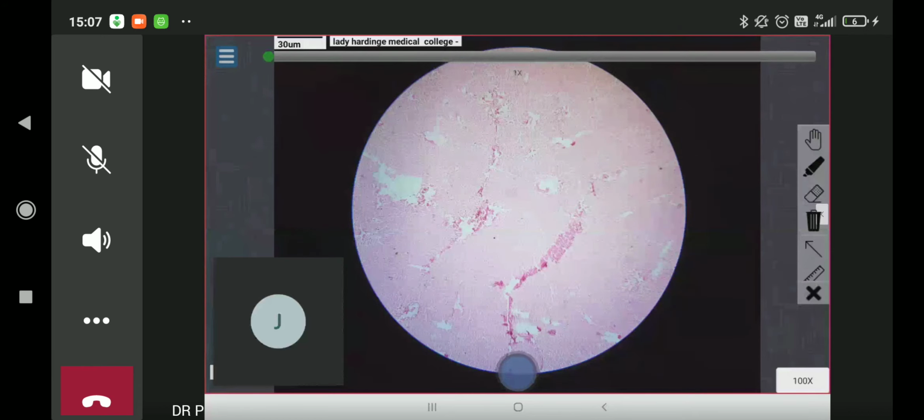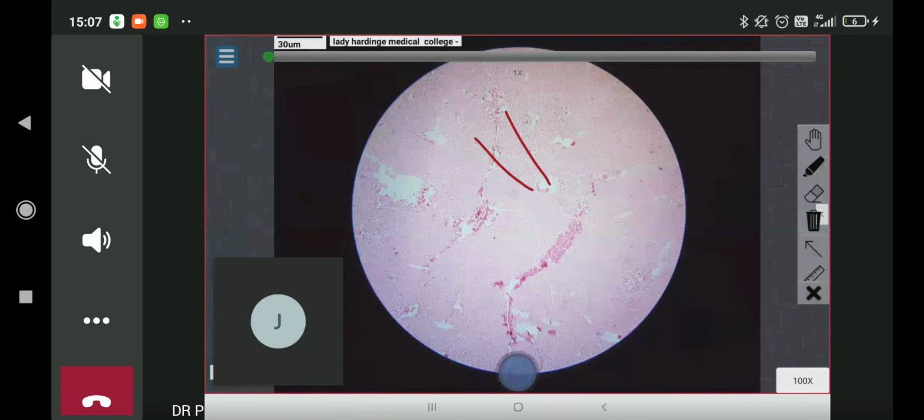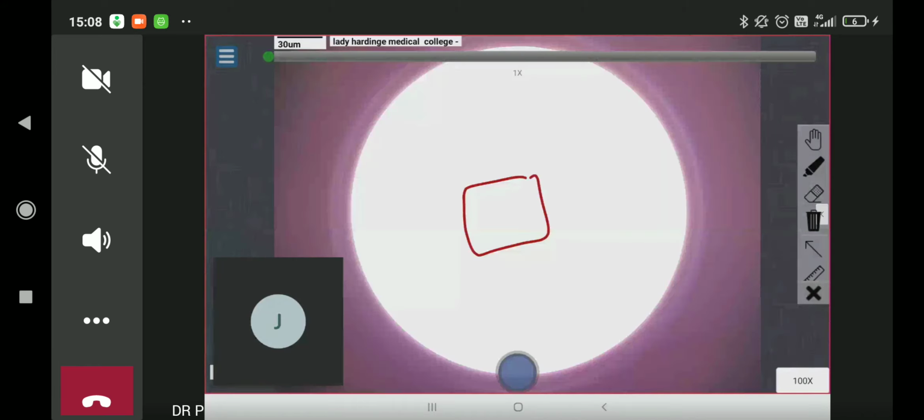And where exactly will you see? Between the cords, this is the area which you are going to observe for the deposition. So if these are two cords of hepatocytes, this is the space of Disse where you have to look for the deposition of amyloid. And you can see again, there in the center, there is this pale staining area where there is deposition, which is occurring in the space of Disse. Slight pale areas. I'll show you at a higher power.